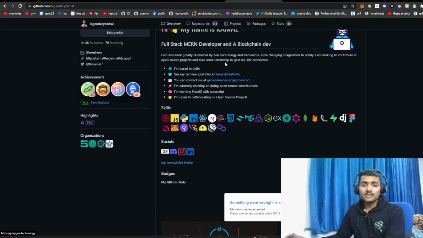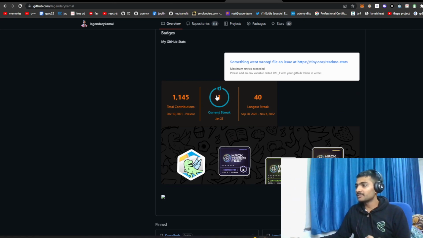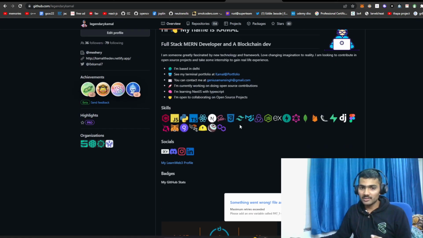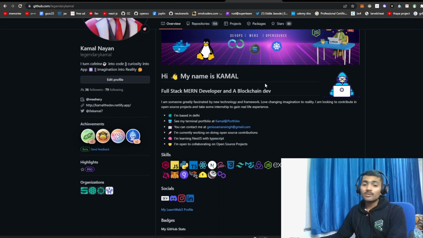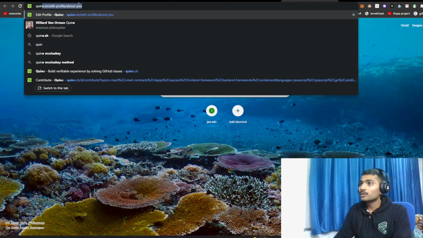Coming to the very good point: if you want to showcase your profile, how do you showcase it? You add widgets here, like these are called widgets, where you show your total contributions. You can share your Hacktoberfest badges, but say for example I want to share more information about myself, so how do you share it? Here comes the solution to the problem: you go to Google, just type queen.sh,